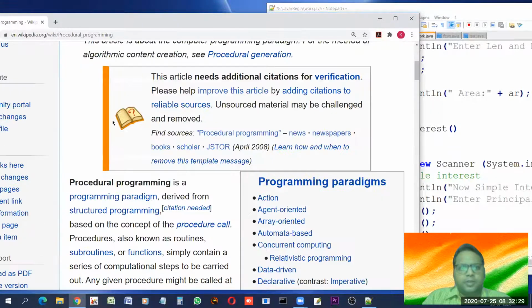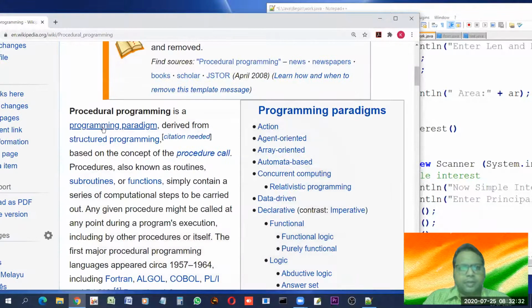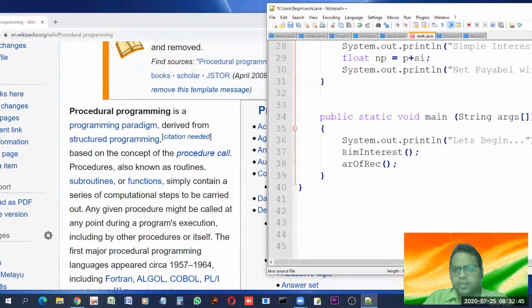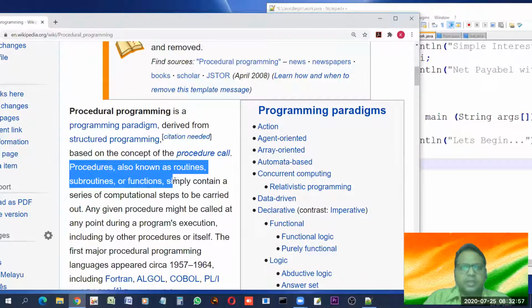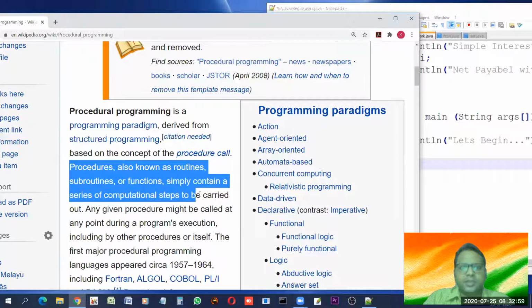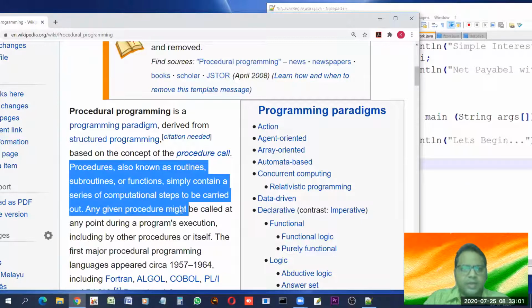So what is procedural programming? Let us see. Procedural programming is a programming paradigm derived from structured programming, based on the concept of procedure call. Procedure call means, procedure is what? The method, the function, we call them. How do we call them? This is how we call them. We have made the procedure first and now we are calling it. Procedures, also known as routines, subroutines, functions, simply contain a series of computational steps, a series of instructions to be carried out.